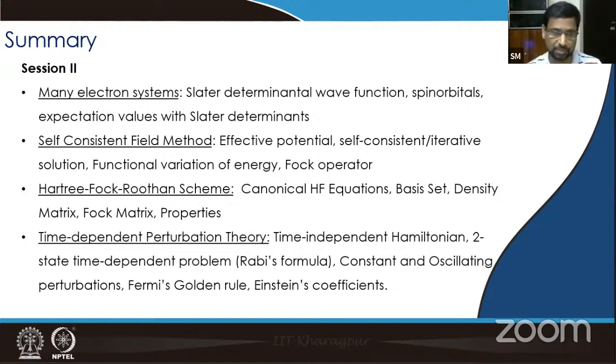So we defined the density matrix, which are the coefficients of the basis set. We defined the Fock matrices, and we saw how we can iteratively solve the Fock matrix by making an initial guess of the density matrix and iterating until the energy converges. At the end of our Hartree-Fock calculation, when we have the Slater determinant, we saw how we can use it to get the properties. Now, so far in this course, we looked at